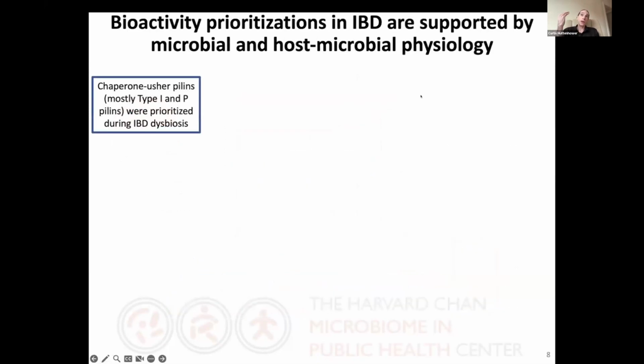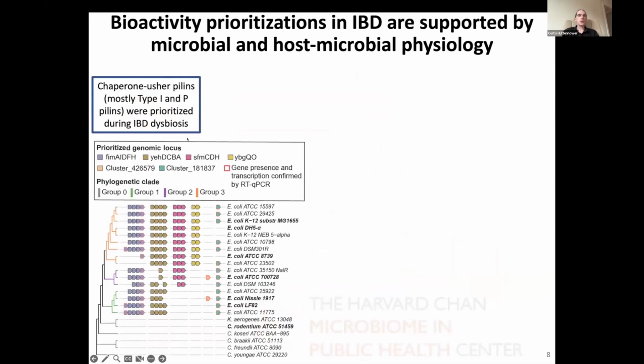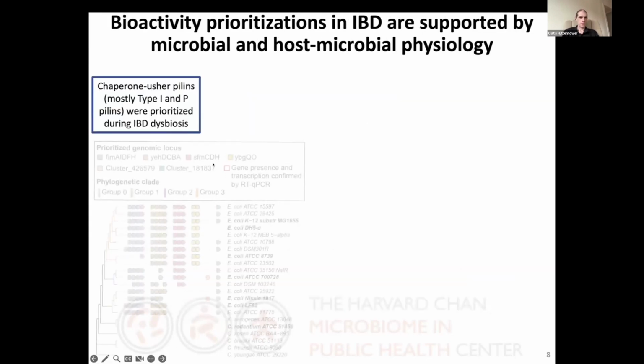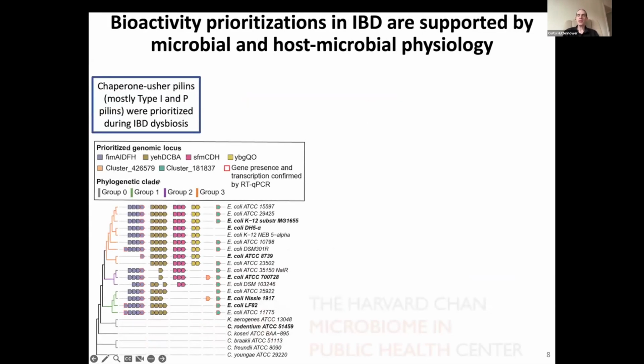These can then be, even when lacking a current functional assignment, prioritized with respect to a phenotype like inflammatory bowel disease to identify protein families that might be responsible for or involved in the phenotype. So it turned out that we prioritized a surprisingly large set of chaperone-usher pilins, mostly type 1 and P pilins, that occurred mostly among Enterobacteriaceae. And we were able to confirm that these are differentially immunogenic